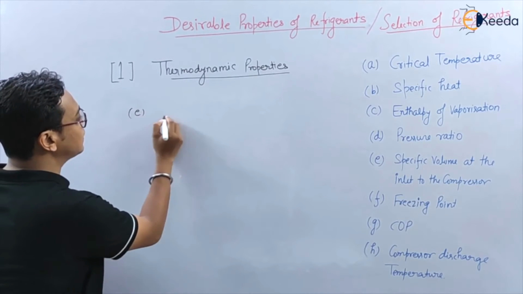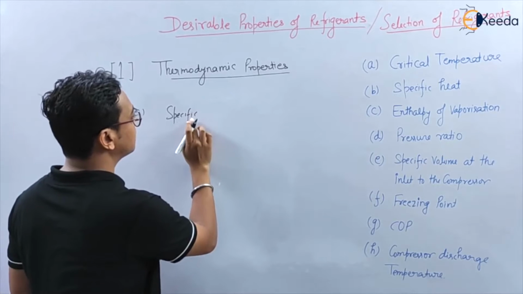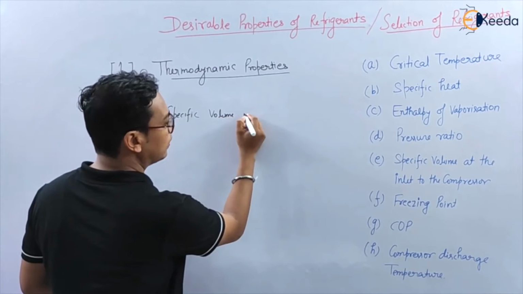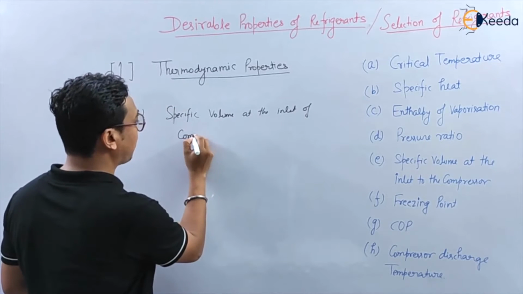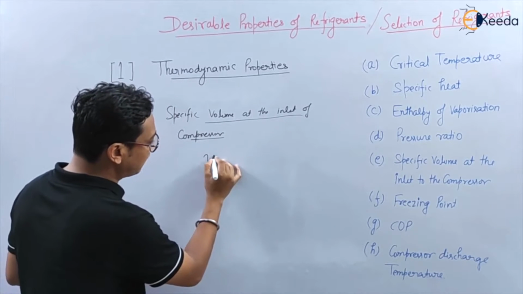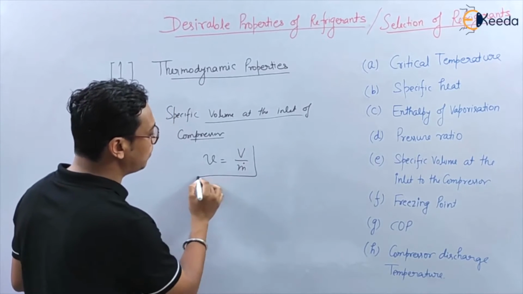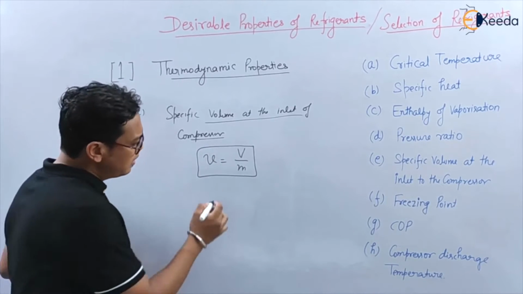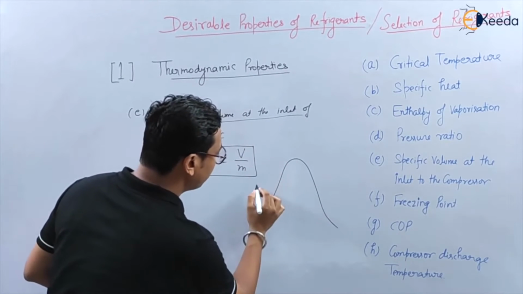Fifth property, specific volume at the inlet of compressor. You know very well what the specific volume is. Specific volume is volume per unit mass. If I say specific volume is volume per unit mass, that means this volume is going to the, if this is the TS curve, you know very well this is compressor,